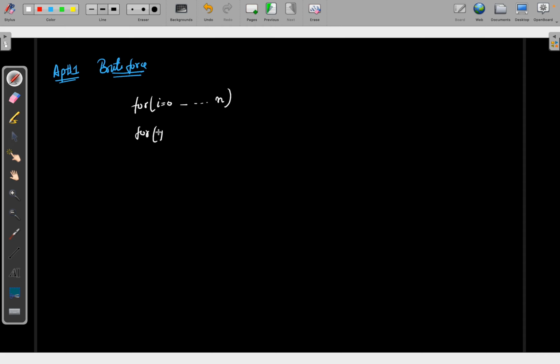Then I will start from j equals i, that also runs till n. And here I will always take a new string, suppose temp, a new variable, and I will add temp plus equals s of j, where my string is s. Now this temp I will pass into my check function, which will check whether it is a unique string or not. So I will pass this temp into my check function, and if this is true, what I will do,